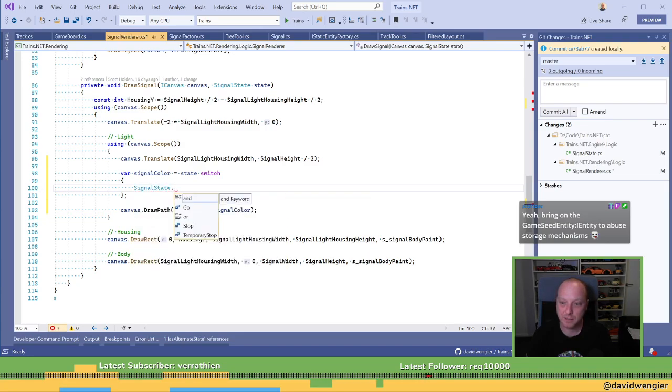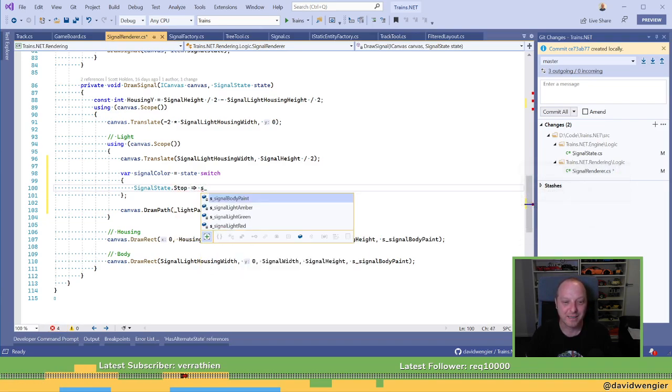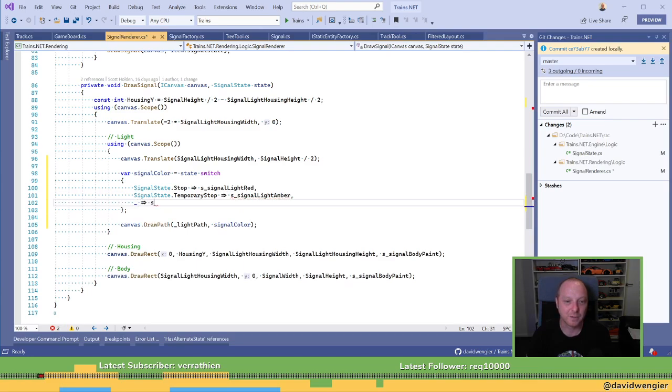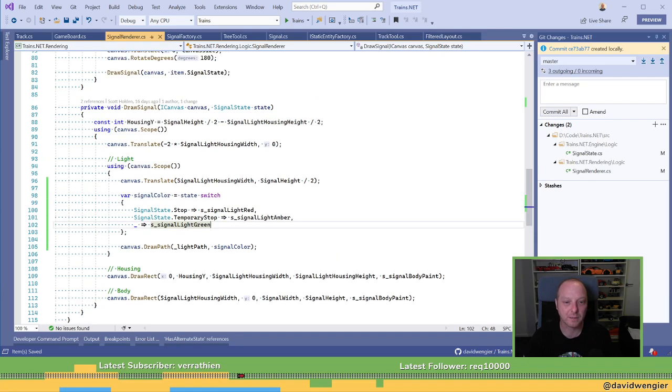Game seed entity. Entity. What? Game seed entity. Oh god, no. Oh, that's right. I forgot we talked about that. Okay, no, not doing that. This is red. State temporary stop is amber. And otherwise green. All right.